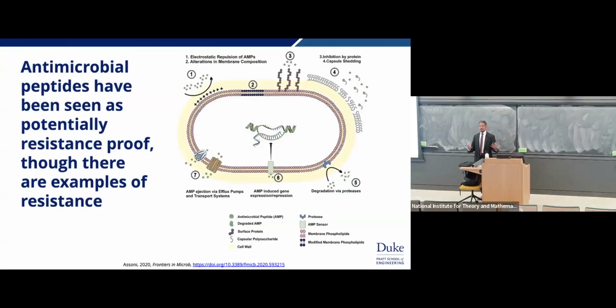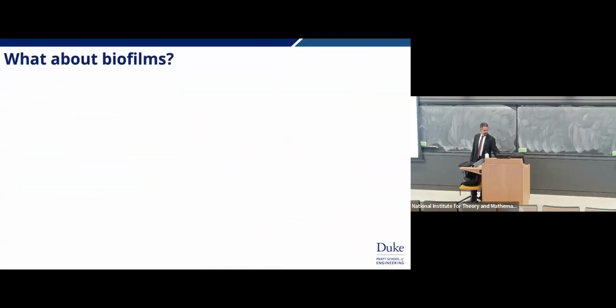Everybody looks at an antimicrobial peptide and says, well, we produce them to kill off our bacteria and to kind of maintain this homeostasis. And they shouldn't really be able to develop resistance against. We should be able to apply machine learning to design new drugs that will take them out. Turns out that's kind of hard too, because bacteria have developed a handful of resistance mechanisms because, again, we use them, right? If we produce antimicrobial peptides, the bacteria that are going to exist and try to attack us will have developed resistance to them.